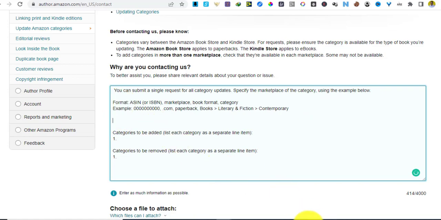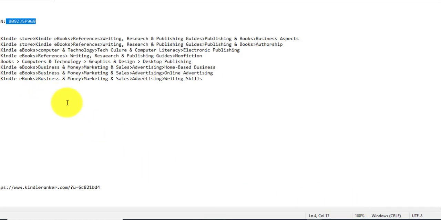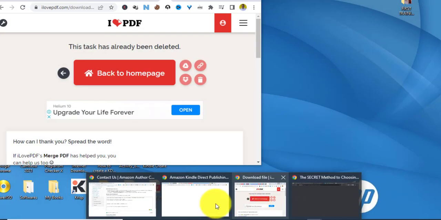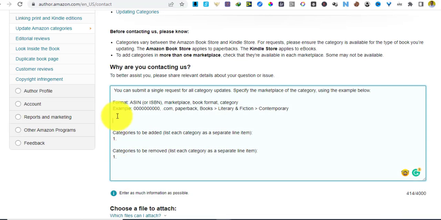So first, they need an ASIN number. We'll come over here, copy that, and then head back to our browser and paste it there. Control V, that has been pasted, and then put a comma. Our marketplace is Amazon.com,